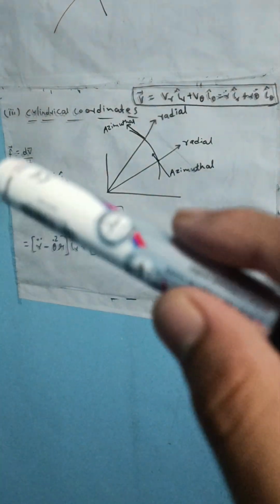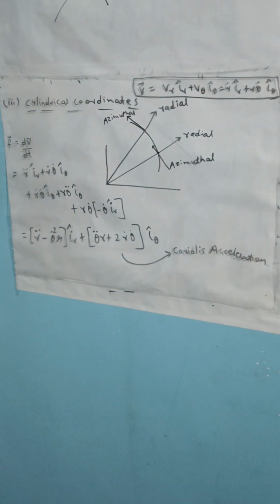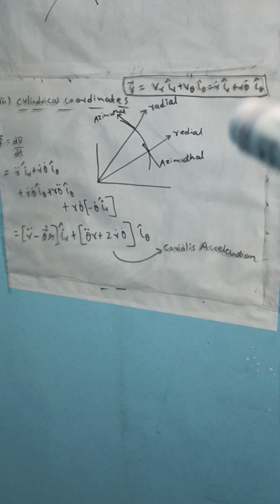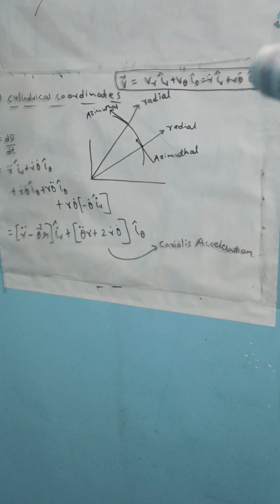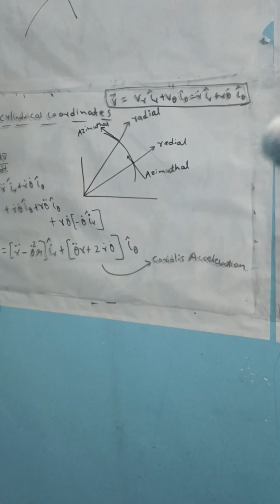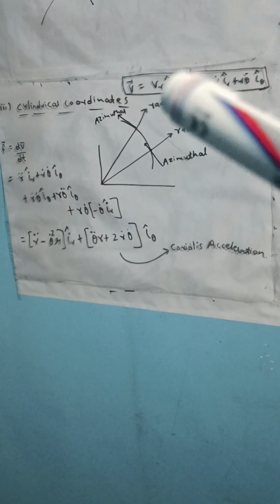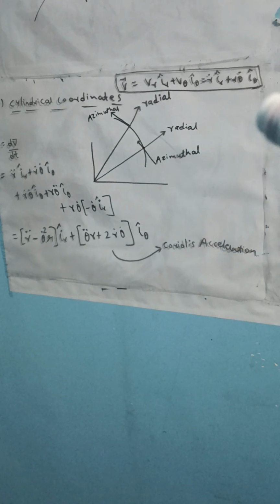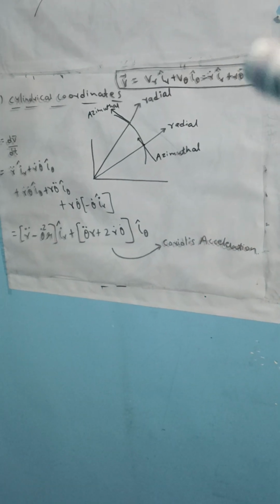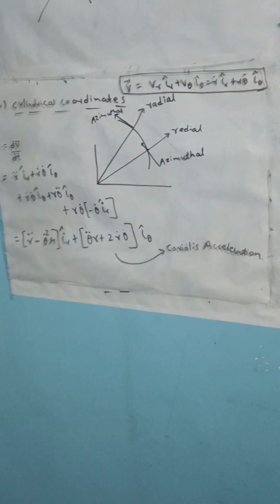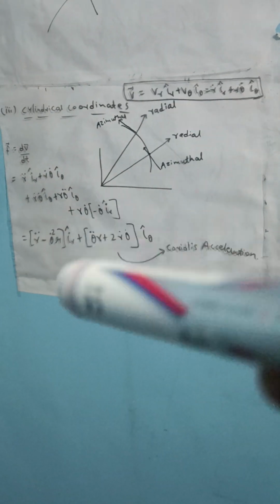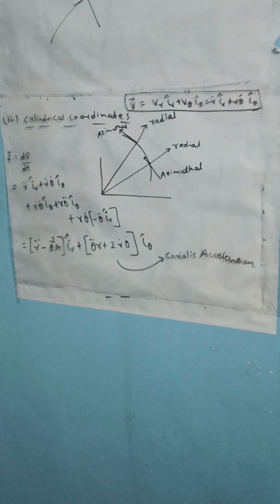So we know that acceleration is dv by dt, it is a vector, and velocity is nothing but r dot ir cap, which means velocity along the radial direction, plus r omega, where theta dot is nothing but omega, the angular velocity, i theta cap in the azimuthal direction. So the velocity vector in cylindrical coordinates will be specified by the azimuthal unit vector and r omega velocity plus the radial unit vector and the velocity along the radius, which is r dot. R is the radial distance, so r dot is the velocity along the radius.